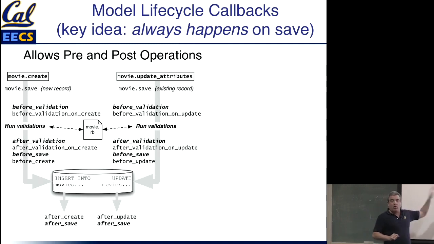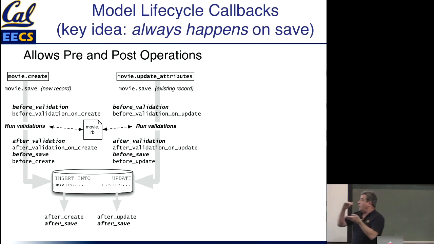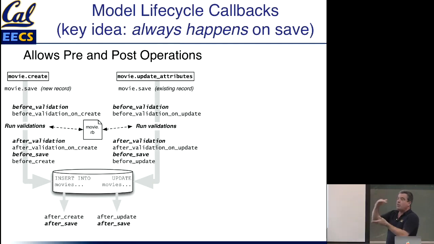So validations are one way of saying, this is an invariant that I want to be true of any model that I choose to persist in the database, and it's at your own risk to circumvent that mechanism. It's also a way to put the knowledge in exactly one place about what those conditions are. You typically will find it at the very top of the Active Record model file. It doesn't have to go there; it can go anywhere in the model. But in terms of readability, think of it as a declaration of the things that are always true about a movie. It has a non-blank title, which is never more than 40 characters. It's always got a release date, and it's never been released before 1930. Then everywhere else in your code, when you manipulate a movie, you can take advantage of those assumptions to prune out some error checking.